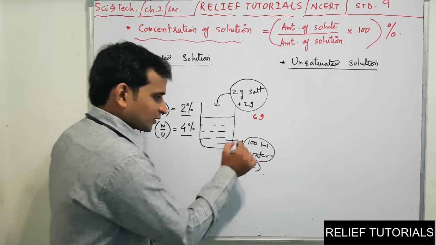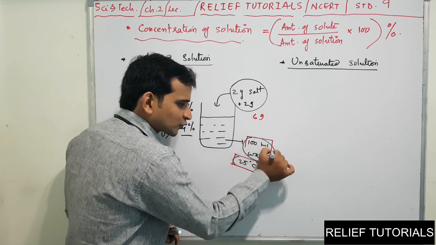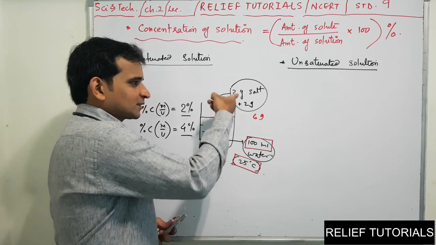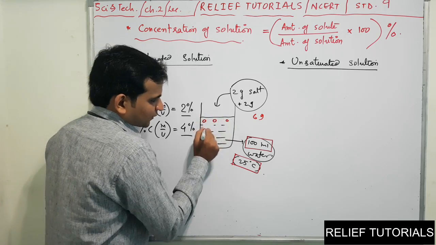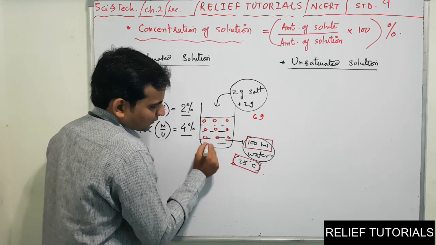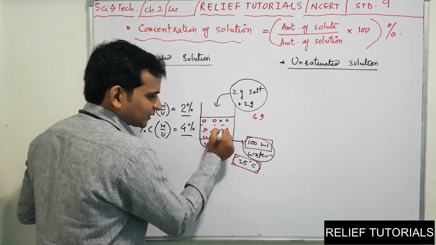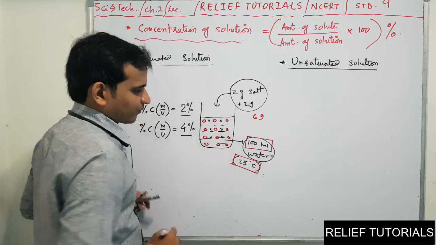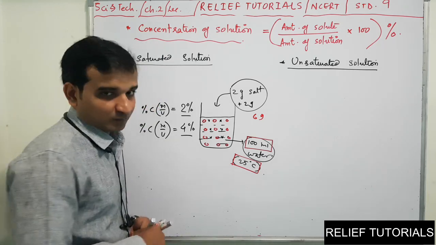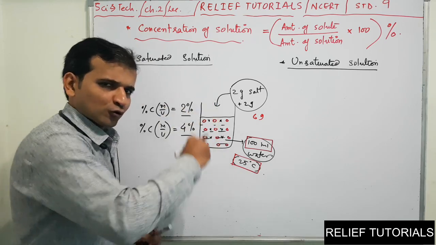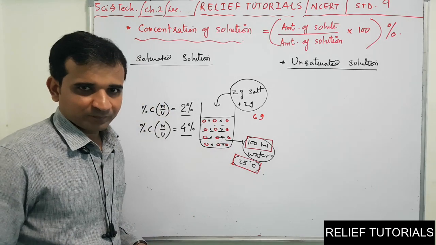Not every time, because it is having the fixed temperature as 25 degrees Celsius and the amount of solvent is not increasing. You are just increasing the amount of solute. We know that when you add salt in water, let us say these are the water molecules, the salt occupy the space between water molecules. Means they occupy the space which is already present as an intermolecular space between the water molecules. So when you are adding 2 gram and more 2 gram, as you go on, all spaces will be occupied.